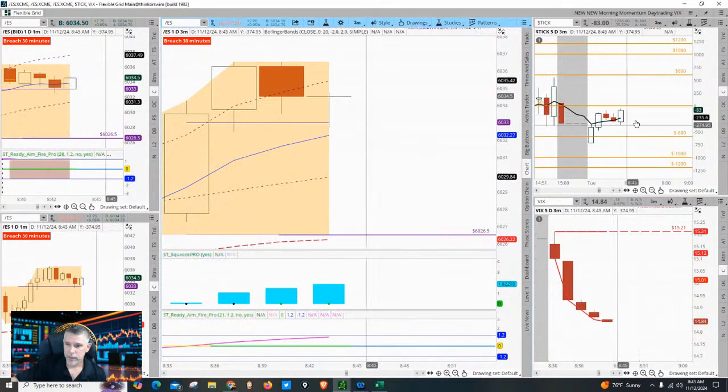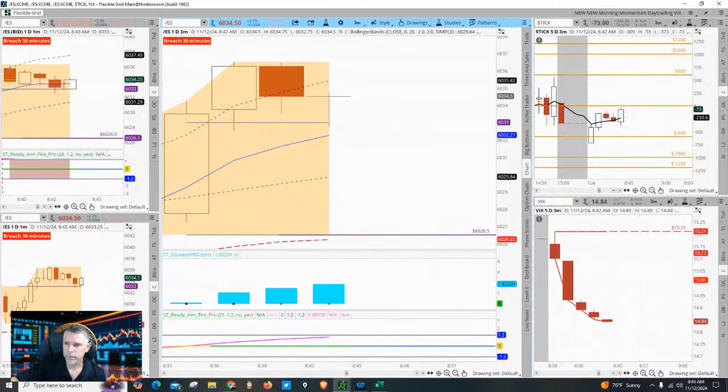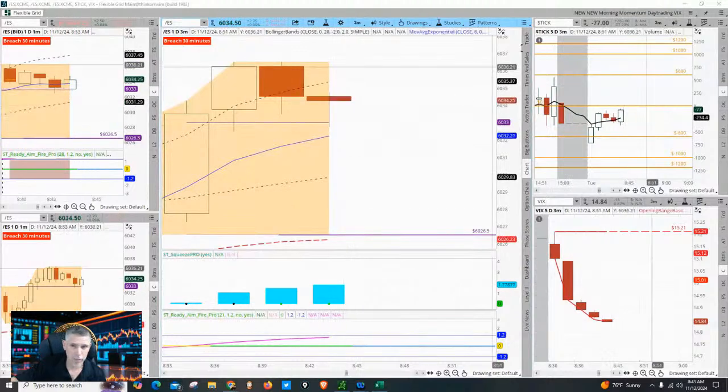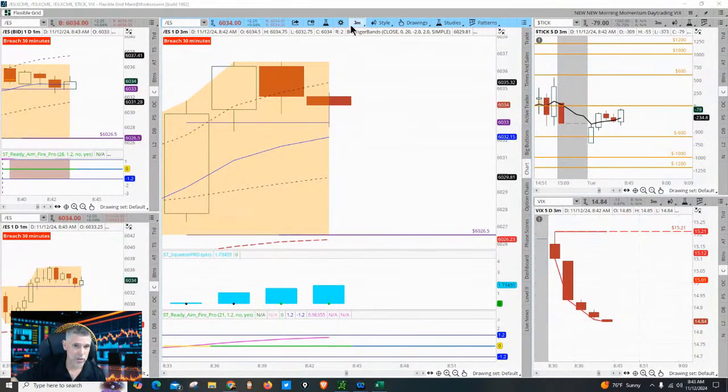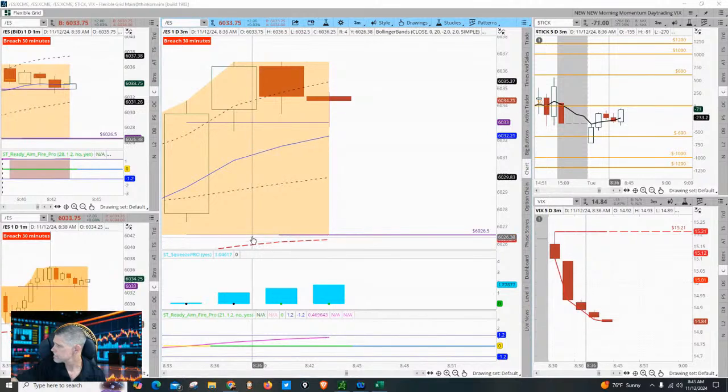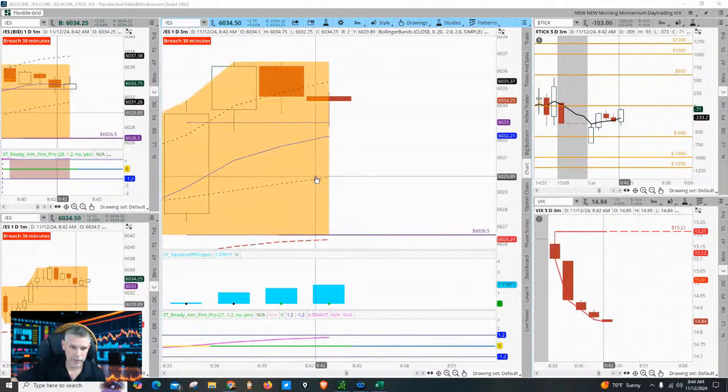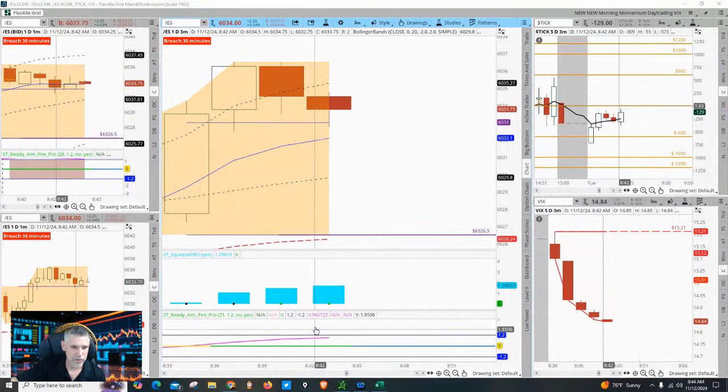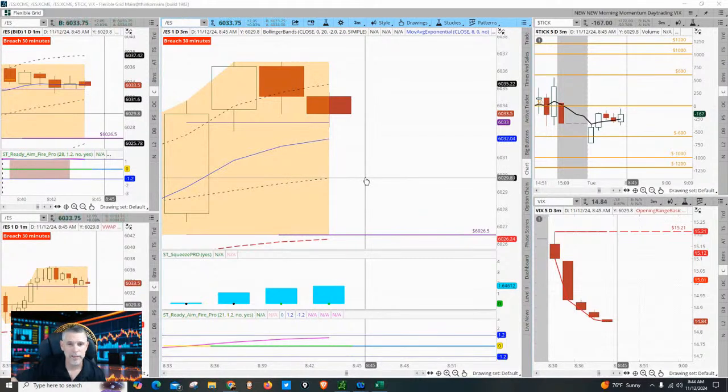All right, I can see a little zone right here. Read the information. Utilize what we talk about: the ticks, the VIX, the 3-minute, the 2 1-minute charts. Everything means something. Well, except these 2. I just have them here, but I don't really pay attention to them. I'm just used to seeing them for day trading. For day trading, I'm all about price action. I don't use indicators.